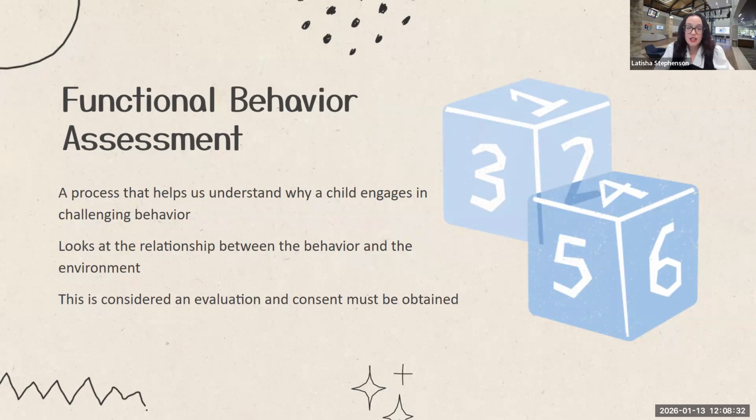There are also other instances where an FBA could be completed. This can happen if a child also has a 504 plan, and some districts have decided to adopt the practice for our students who are in general education and receiving interventions through the intervention tiered system that they have on their campus prior to getting to that referral. We want to make sure that we are addressing the needs of all of our students, even leading up to a special education referral. And so some districts have adopted a way to look at why behaviors are happening and how can we address those needs through a general education FBA.